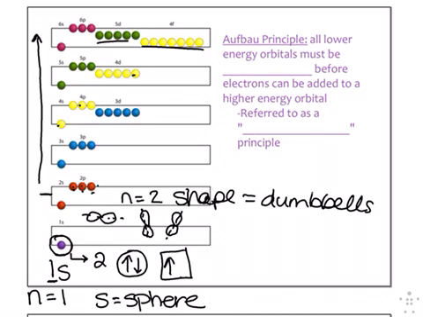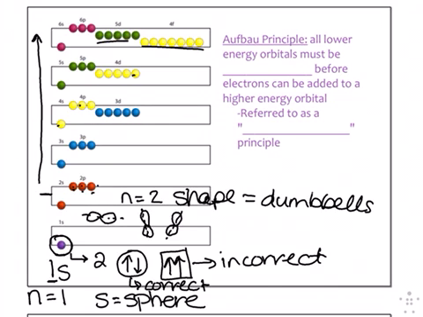Can I do it with 2 up arrows? No, why not? Opposite spins, very good. That was Caitlin, right? Yes, nice work. So this is the correct way to show this. This one is incorrect in that both electrons are signified to have the same spin because the arrows both point